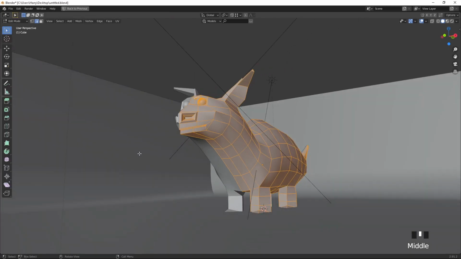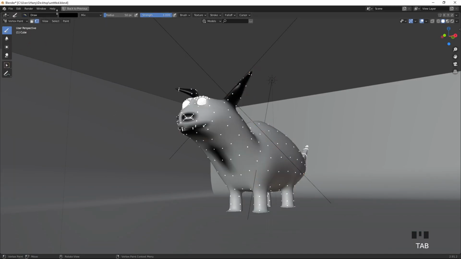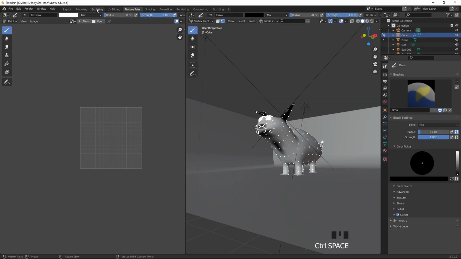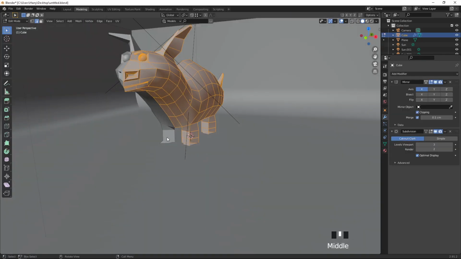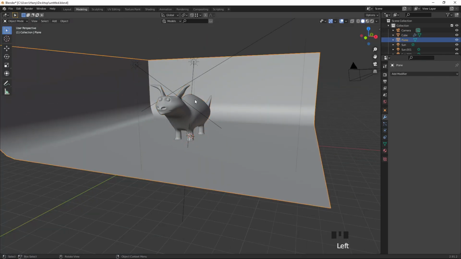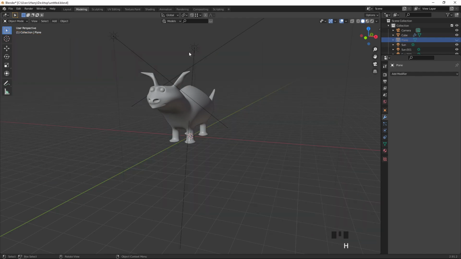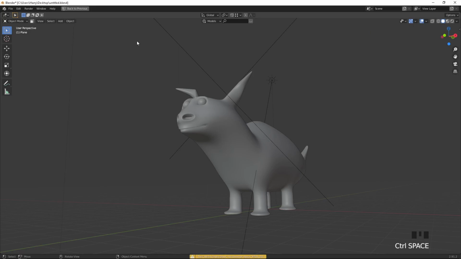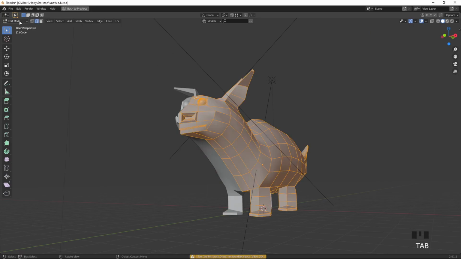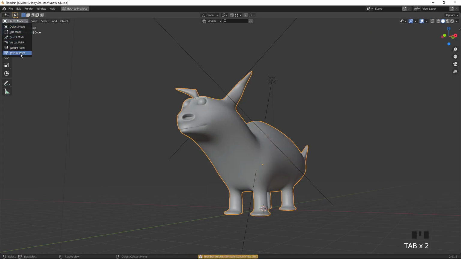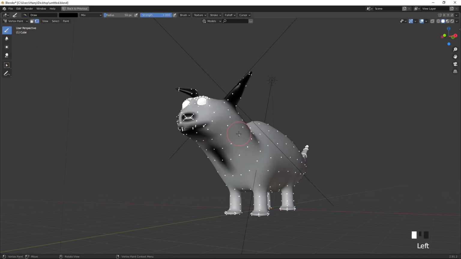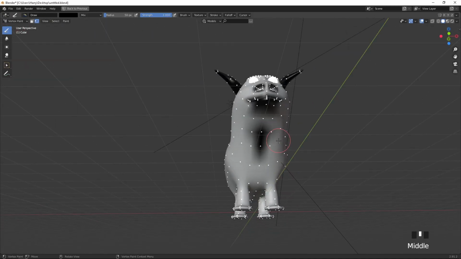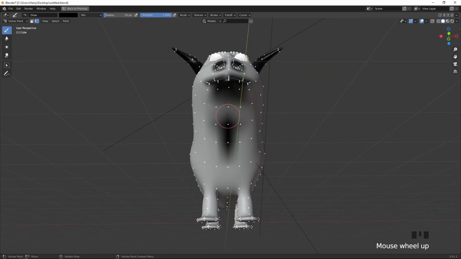I go to edit mode. Sorry, I do one thing. I go back to modeling mode, go to object outside, and I hide everything for now. Now we can go to the texture paint again, press Ctrl space, go to the vertex paint. I think where we discontinued, it's continuing the same. Okay, now we can make the painting like this.